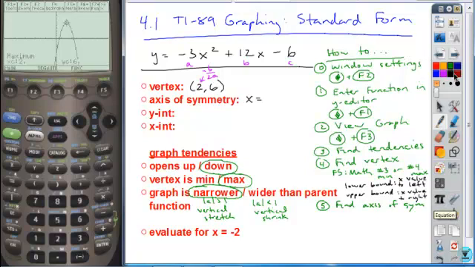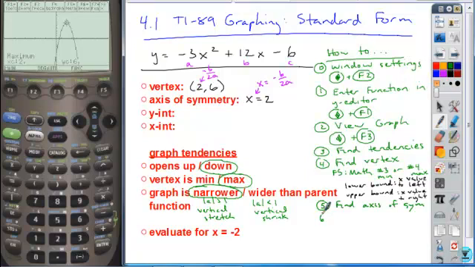The axis of symmetry is just going to be the vertical line x equals whatever your x-coordinate of the vertex is. So in this case, x equals 2. So once again, this would simply be the equation x equals -b over 2a, but it's just whatever the x-coordinate of your vertex is. All right, next,